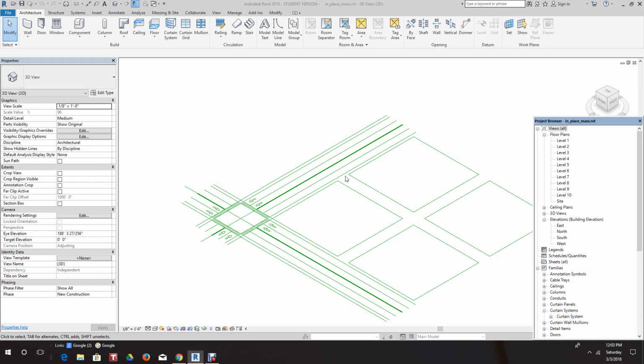Today we're going to look at creating an in-place mass, and we're going to use these mass forms to create a conceptual model. So there will be several parts to this video, but let's just begin here. First of all,